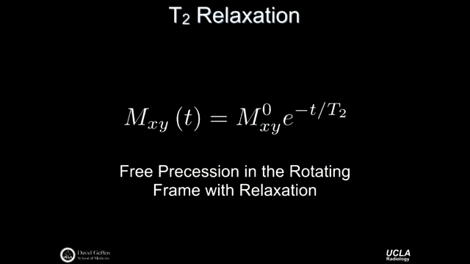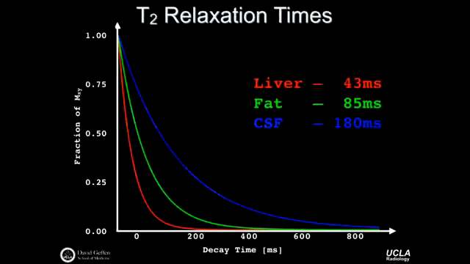We worked through, of course, the solution that describes what happens to the transverse magnetization as a function of time, and it's just a decaying exponential. That state of magnetization is not stable, and as time elapses, the transverse magnetization just returns to zero. The T2, of course, is different for different tissues, so we can map out decay curves for different tissues like